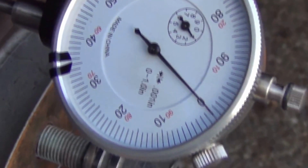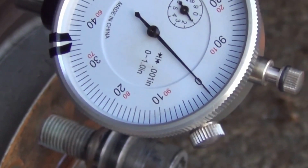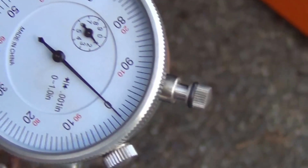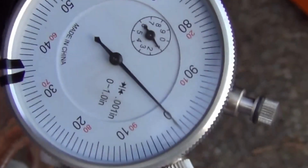Every dash on this gauge is 1,000 of an inch. So, and our tolerance is 4,000 of an inch. So if we start turning our wheel, or the rotor I should say, and we see